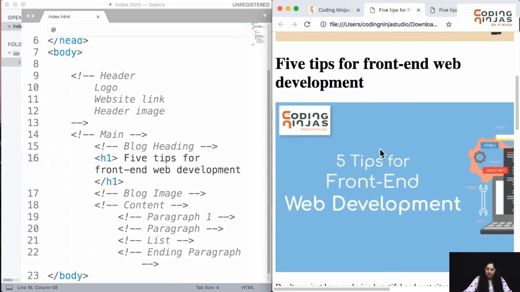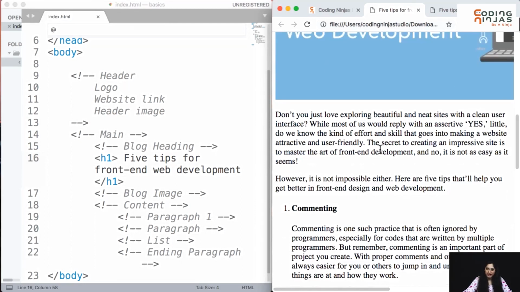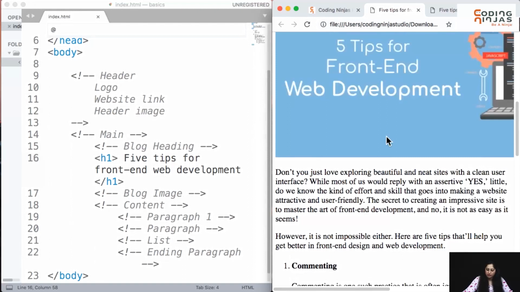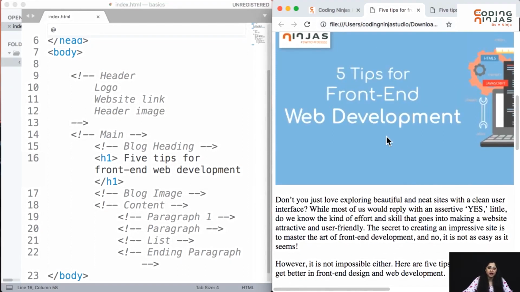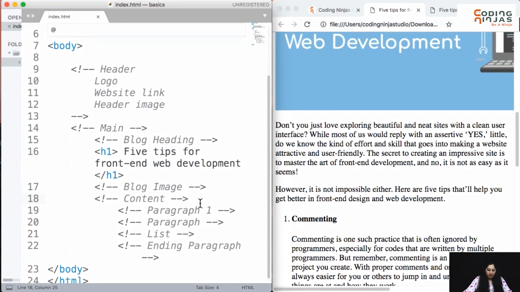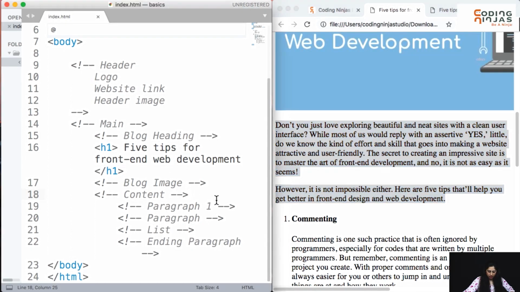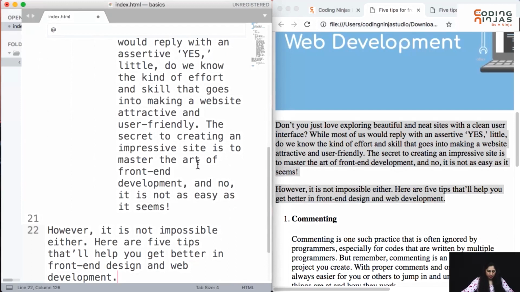So we have heading. For now I am ignoring the image and focusing on the content text. So in this session we will be focusing on the textual part. So let's quickly focus on the text. We'll learn definitely how to add image later, but for now let's just focus on the text. So blog image is something that I'm skipping for now. Blog content. Now within blog content I have these paragraphs. So let me quickly copy paste it, and under blog content just quickly copy paste these 2 paragraphs.